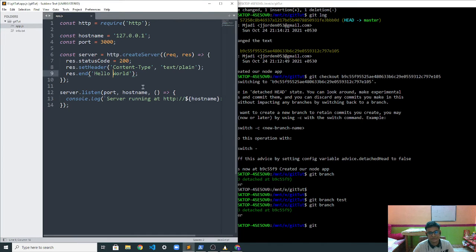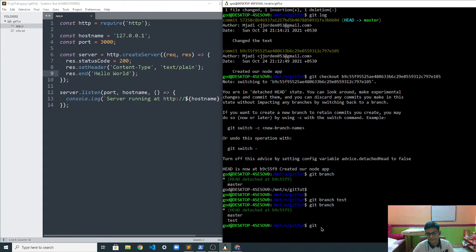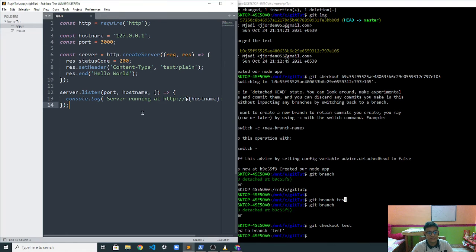Now we are going to make some changes over here. So first of all, let's go to the branch test. To do that, just type git checkout test, to switch to branch test. We are in this test branch that we just created. So here let's make a bunch of changes.